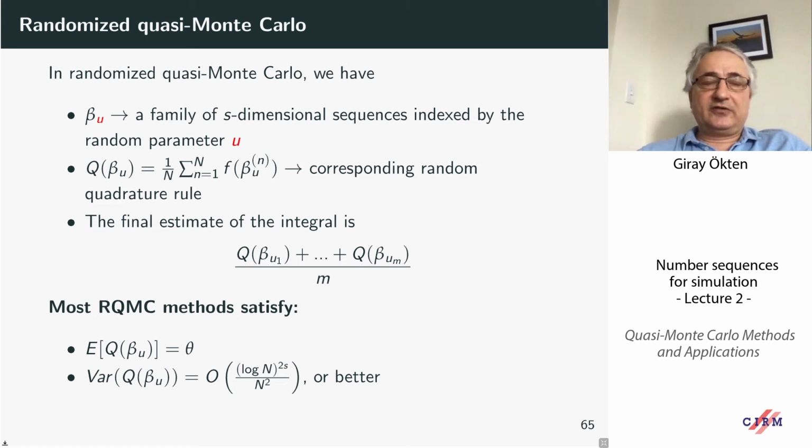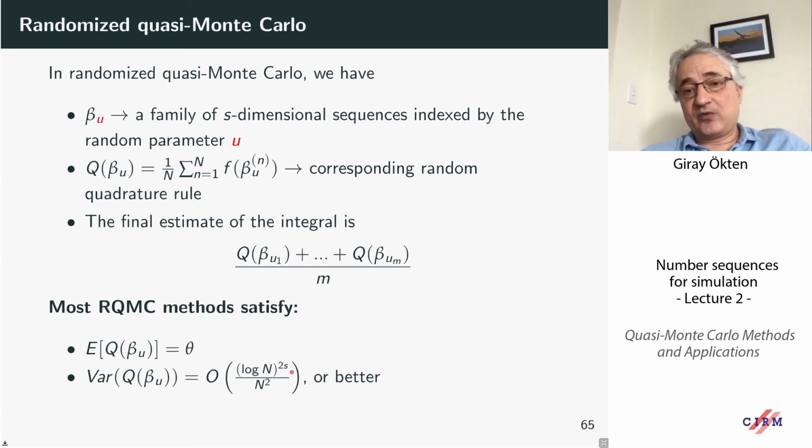I will talk about a couple of randomized quasi-Monte Carlo methods. Most randomized quasi-Monte Carlo methods satisfy these two properties. If you take the expected value of Q of beta u, Q is this randomized quadrature rule that we talked about. This is a random variable because u is a random variable. So the expectation is going to be the same theta, the integral that we were trying to estimate in the first place. And the variance of theta, not the variance of the quadrature rule,